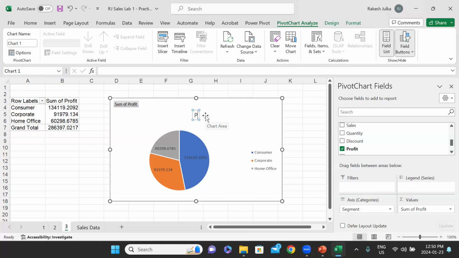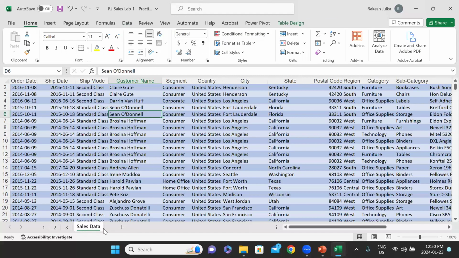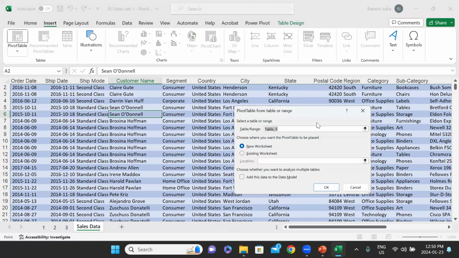So this is the profit by segment, right? So profit by segment, we can write it here. So this is the third that we have completed. Now the fourth one is, again go to sales data, and we can go to insert and pivot table,